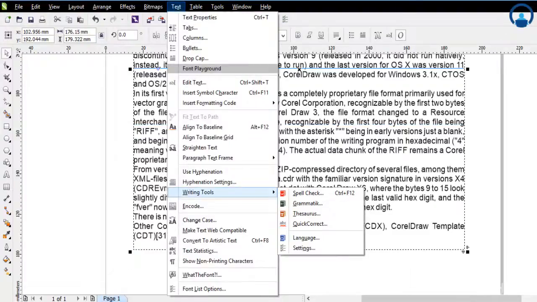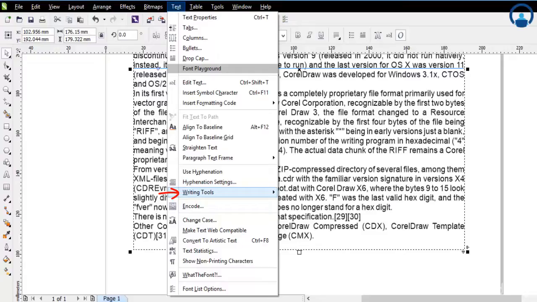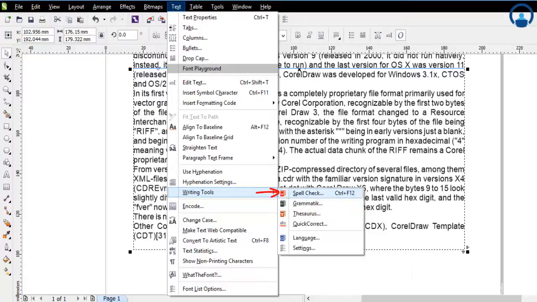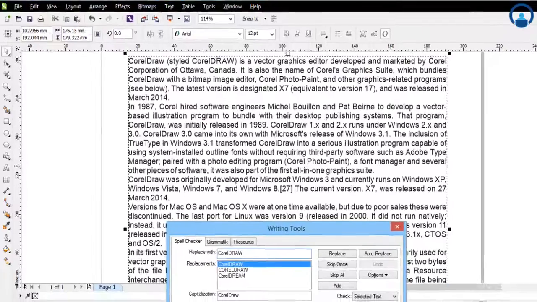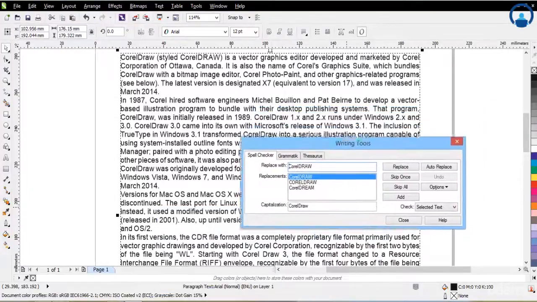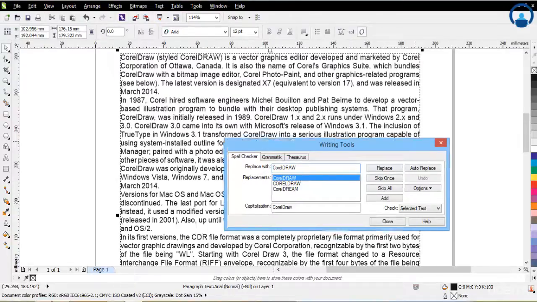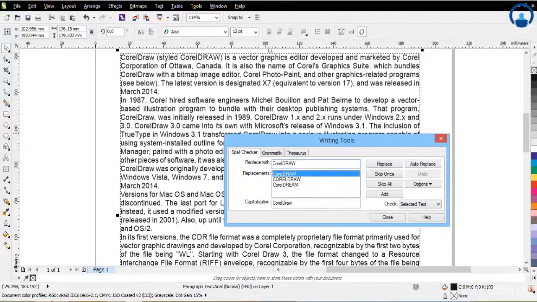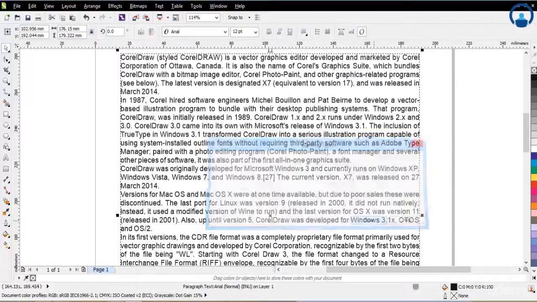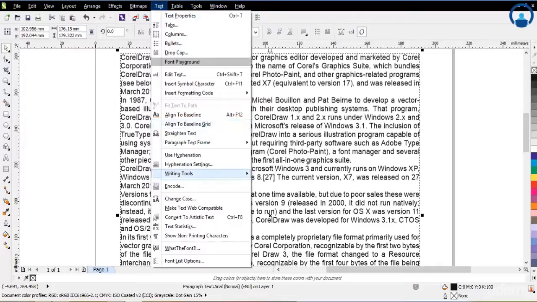And the next tool is the writing tool. In the writing tool, this is for spell check or spelling check. This tool can be used. Okay. Now wherever there is a mistake in spelling, it shows in this particular window, in the writing tool window. Okay, so here you can replace that word. As soon as you click on this text and writing tool,